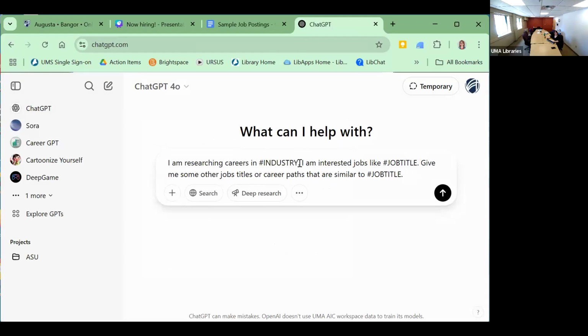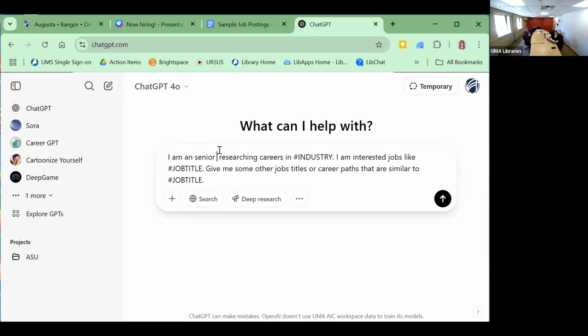So again, this is one of those things where details matter. If I were to use this prompt, I made them shorter for the presentation, but if I was writing it, I'd make it a lot more detailed. So I would say, I am a senior at university researching careers in